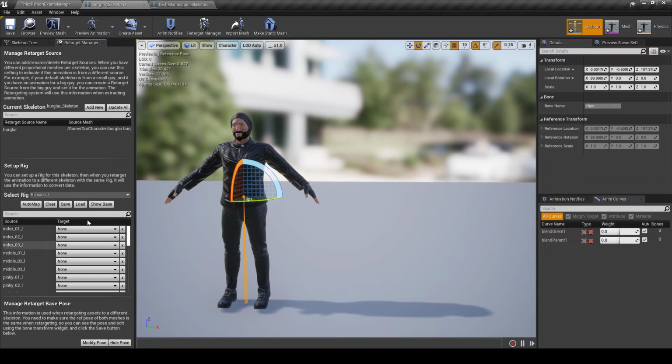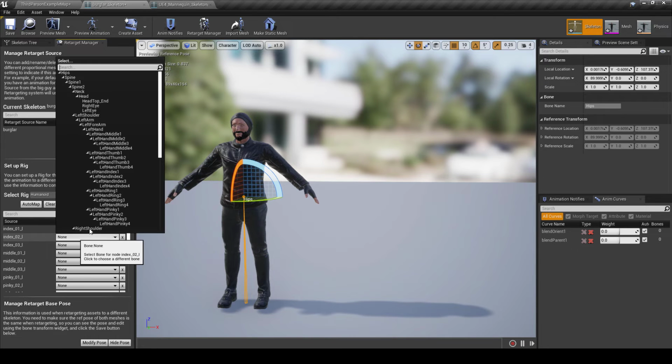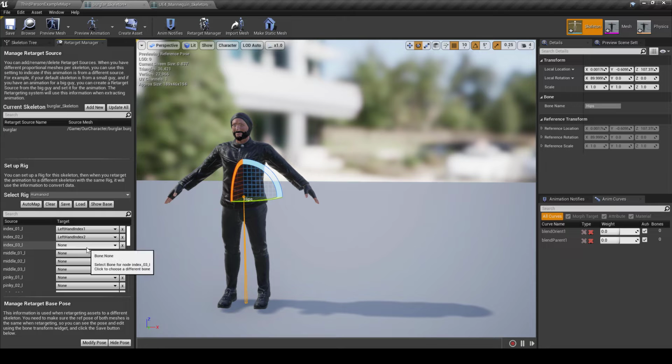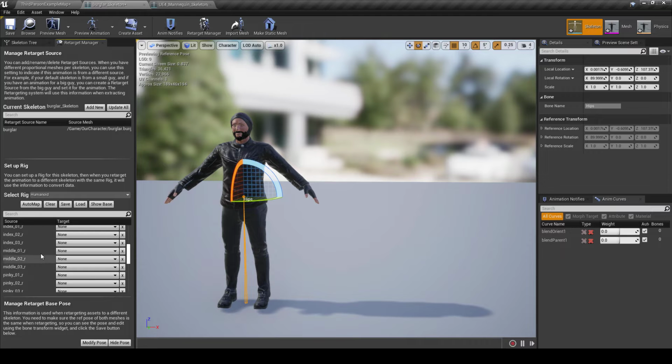Alright, I have done the basic ones that we need. And in the show advanced, you can also set up the fingers if you want. It'll just go like this. In the index 01, you'll put your left hand index finger 1, then similarly left hand index finger 2, then 3, then the middle finger 1 2 3, pinky 1 2 3. All you need to do is leave these twist bones alone,